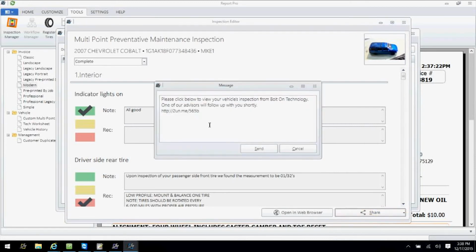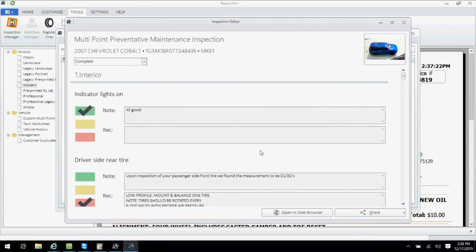Here's a little message that goes to the customer. It says, please click below to view your vehicle's inspection from Bolt-On Technology. One of our advisors will follow up with you shortly. So now this link's going to be sent to the customer. I've set an expectation by telling them to check it and letting them know that we're going to be calling them shortly. So now I click send,